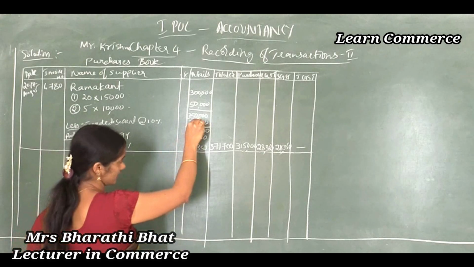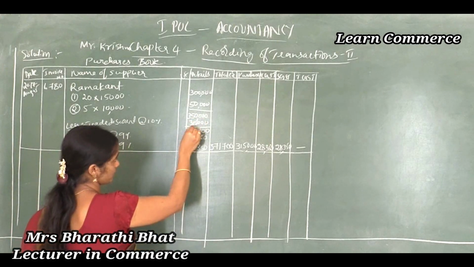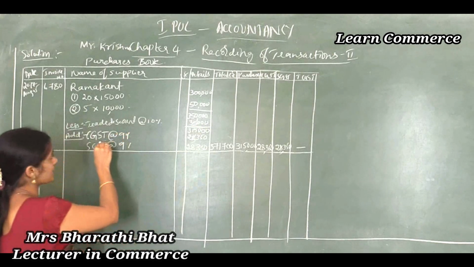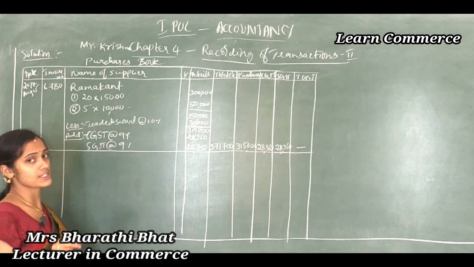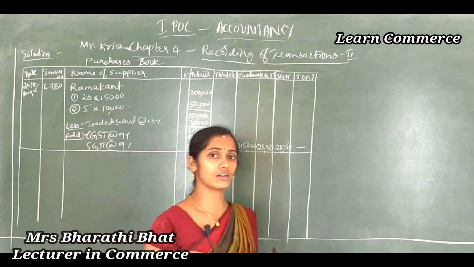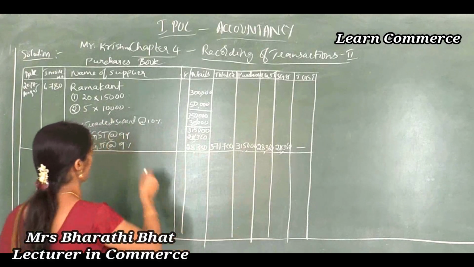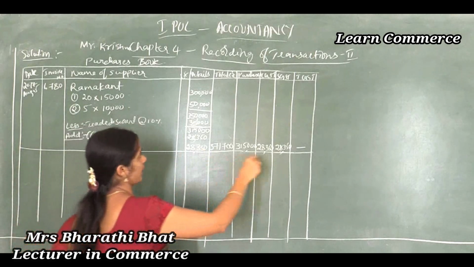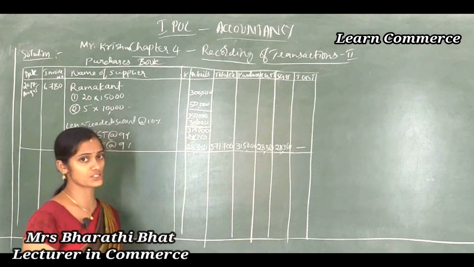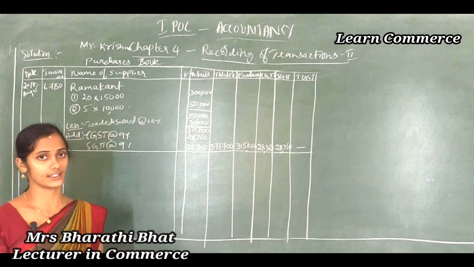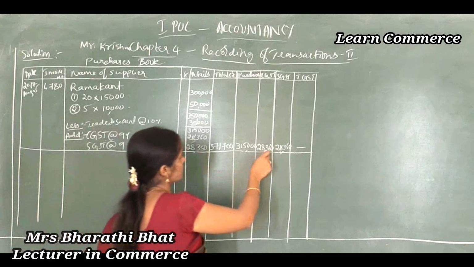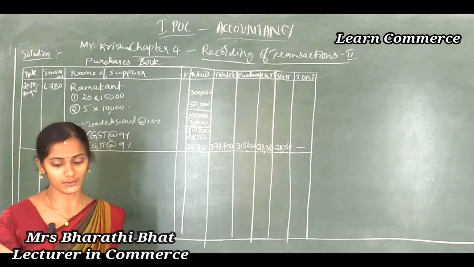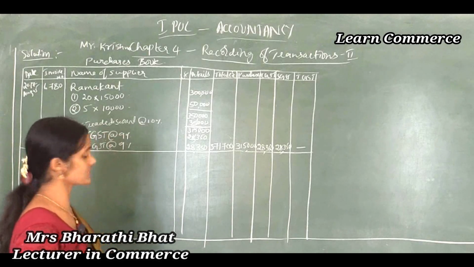So 3,50,000 minus 35,000. The total purchase value is rupees 3,15,000. For that you have to add GST. If it is an intrastate transaction, then you have to calculate two GST. If interstate, then you have to calculate one particular IGST. There is no calculation of CGST and SGST, and no need to write the amount in those columns. Only this column you have to write the amount like that. Clear now? Okay. So this is about the first transaction.